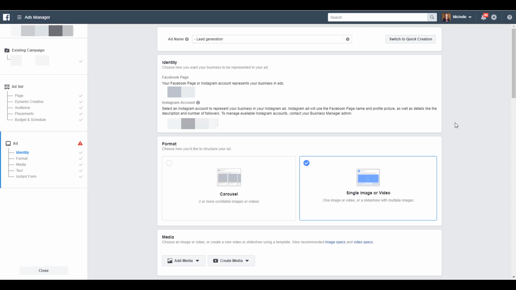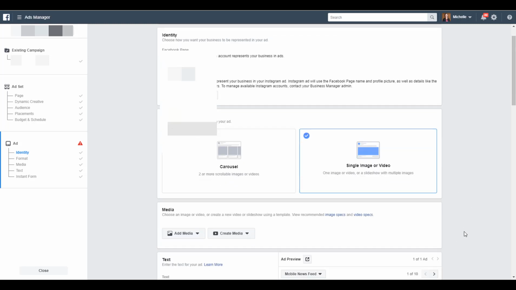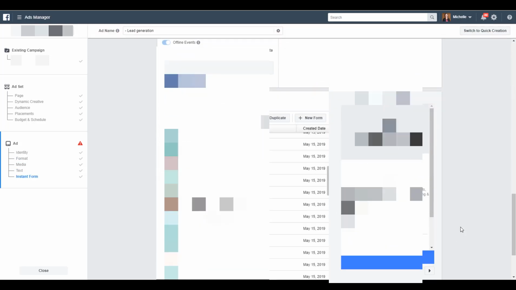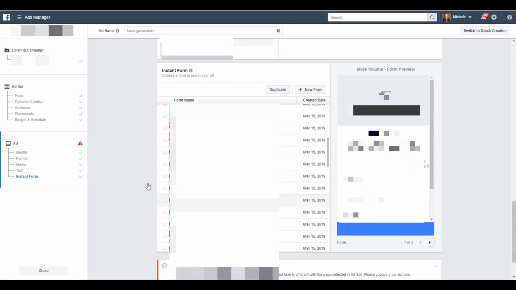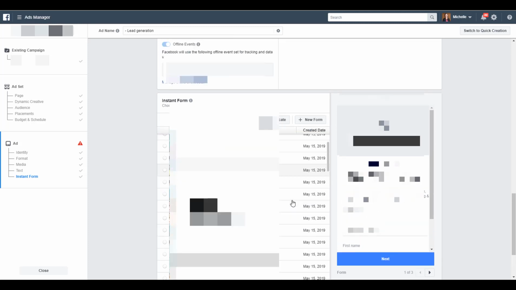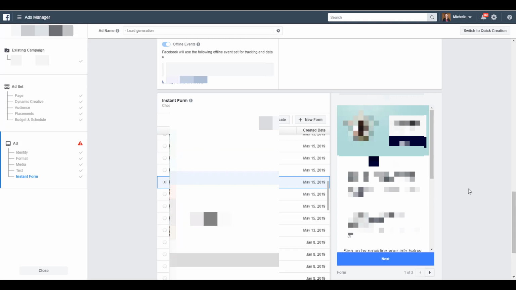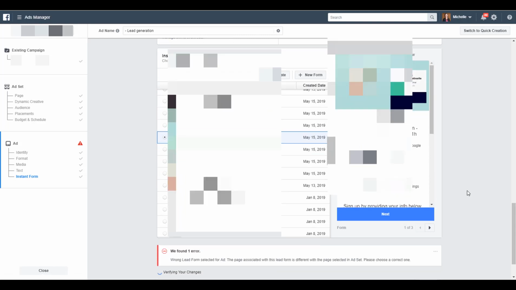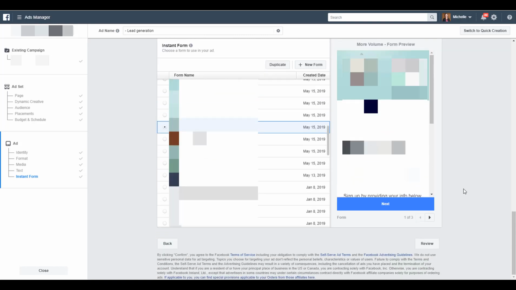When you go to create a brand new ad within that campaign, you will have all of the regular setup pieces that you have in here, everything you're accustomed to with the format, with the media, all that good stuff. But then if you scroll down a bit, you will see this instant form section. This is what it will call it. So then you can basically just choose from this scrollable library of all the lead forms that you have, choose the one that you want. It will show you on the right that everything is squared away,